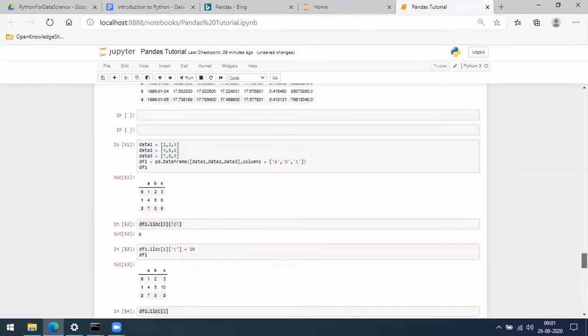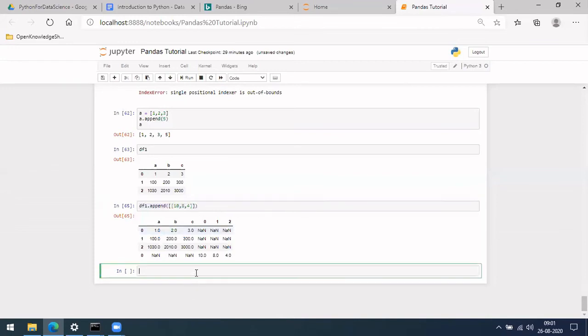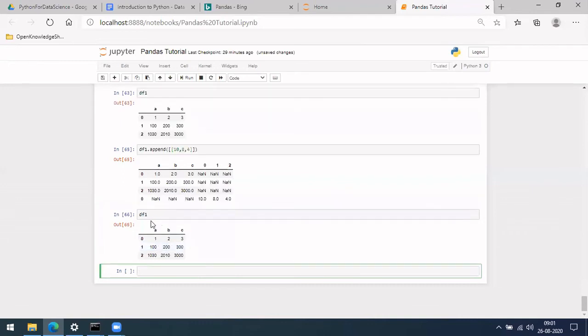So this kind of issue will come usually. What happened is, whatever you try to append will append in the 0, 1, 2 columns, but there are columns which we renamed as A, B, C, and whatever you try to append will go to 0, 1, 2. Now I'll tell you the ways to solve this problem. So let's keep it like that. We did not actually save it.